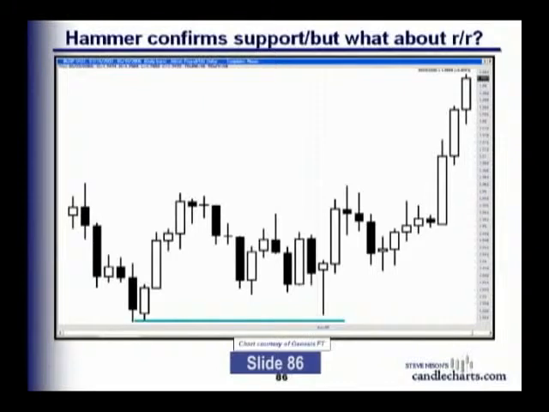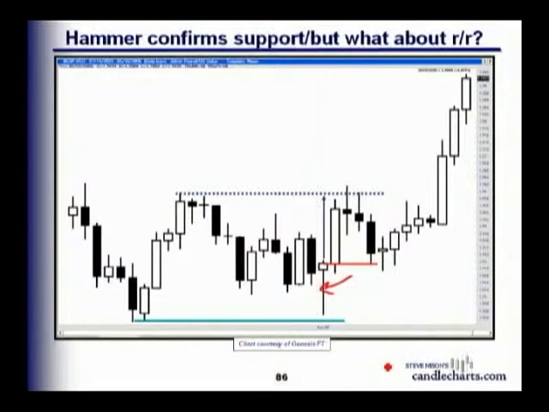Okay, here we have a hammer confirming support. Now, I could tell you that this hammer is great. Look how nicely it worked out. Look how the market rallied after. But in the real world, when we're going to be trading, when you see that hammer, what about the risk reward? Is that a hammer that one should be buying on? No. Because the risk reward, that red line there is the area you think about buying because you need a close. That would be my resistance area. Once again, yours could be different, but this is what I'd be looking at as resistance. So your risk is in the blue vertical line.